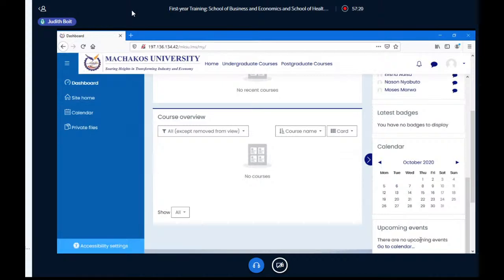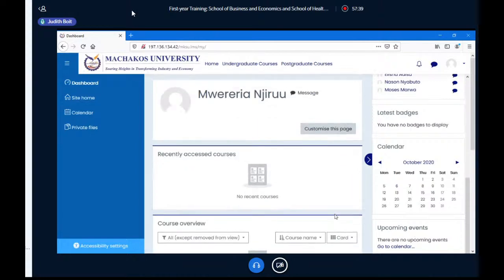If there is anything that needs to be notified to the student, or an event that is taking place in the university and the student needs to know, that will be seen here. It will be posted here so that all the students can take note of the events that are taking place within the university. That is currently basically the interface where the student can get in touch with the university and the lecturer